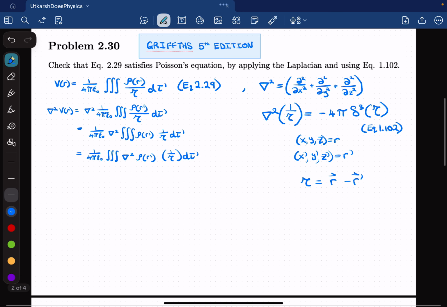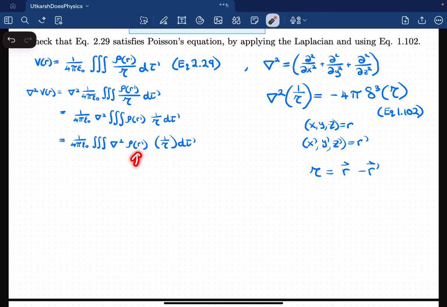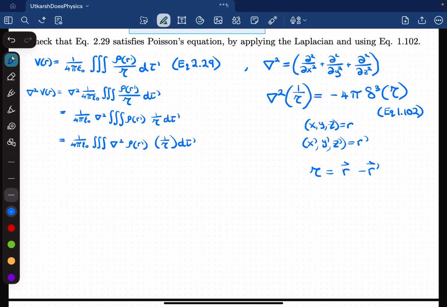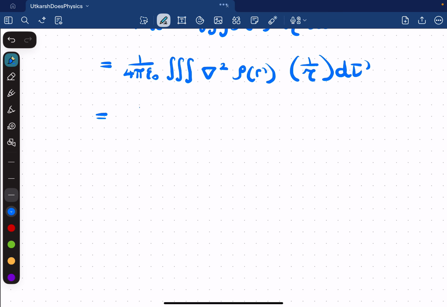Okay, now notice that r prime is different to what the Laplacian operator is defined over. The Laplacian operator is defined over x, y, and z. So r, not r prime. So we can also bring it inside of rho of r prime because they do not depend on one another. So just writing that out now, we get 1 over 4 pi epsilon naught